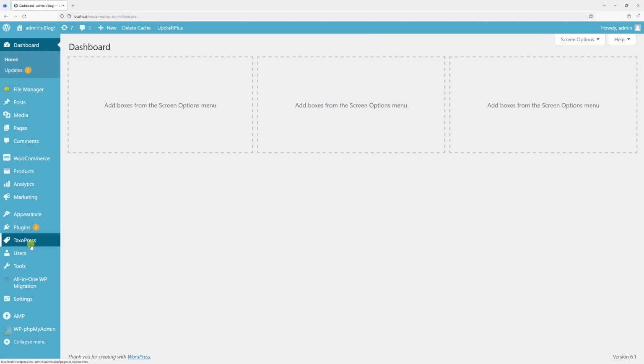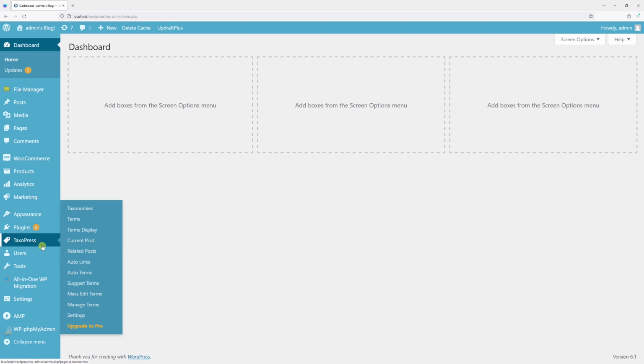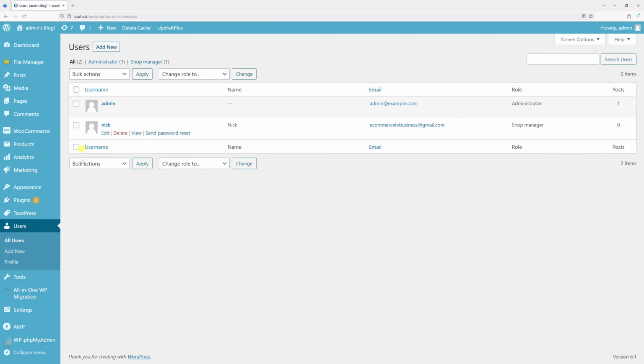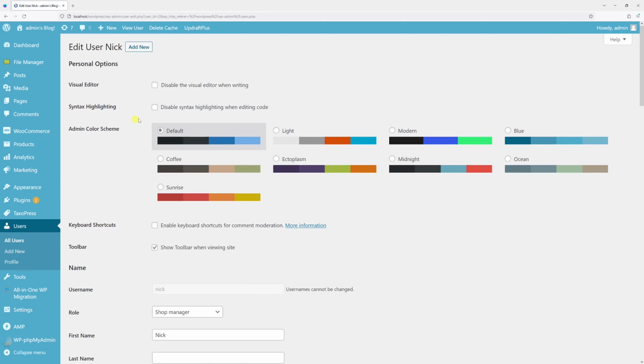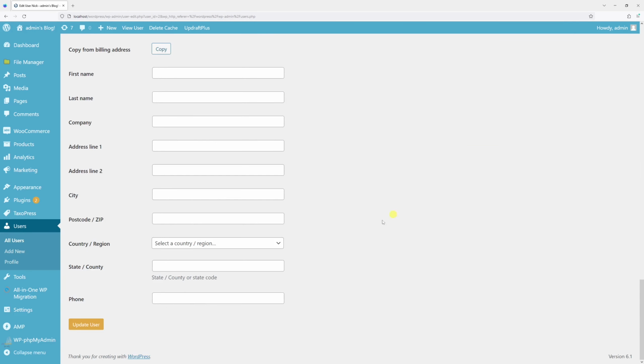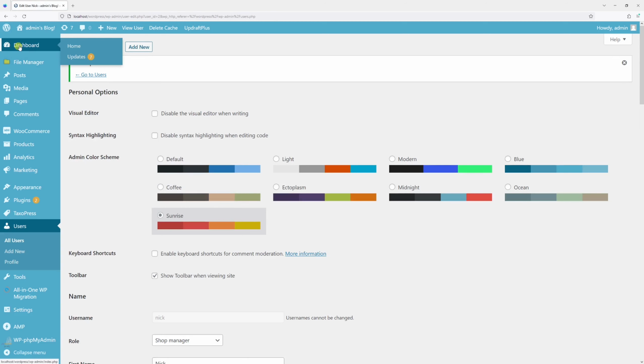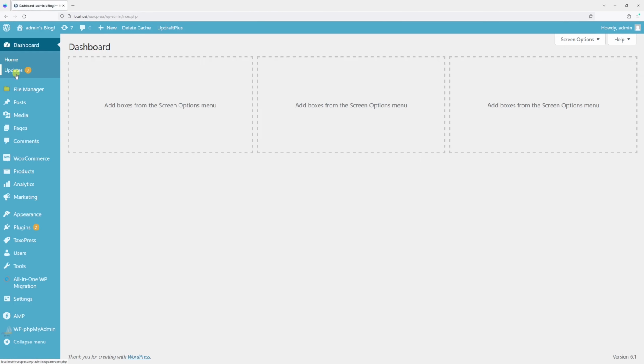But in case you have another username in WordPress, for example, let me go to all users, and I have another profile, and I set a role as a shop manager. I want to change the color combination to something different. So let's click on edit, and for that profile, let's set the color scheme as sunrise, and then let's click update user. As you can see, it's not visible yet simply because I'm not logged into that profile,